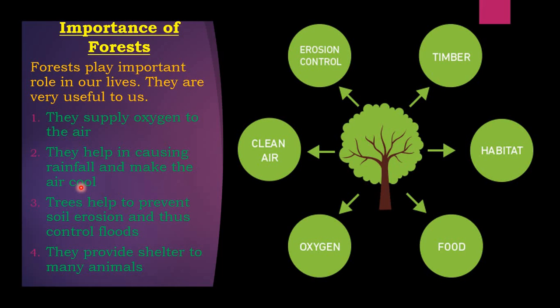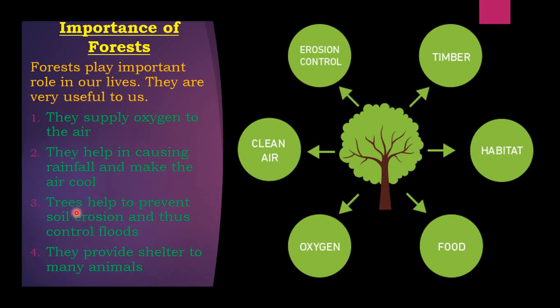Of course, the farmers are growing the crops that are wanted to eat. But where do we have what nature gives for the goodwill of man? Nowhere. So therefore, dear children, the trees cause rainfall and make the air cool. This is the good character of the trees. But man is misusing it once again for his wants and unwants.